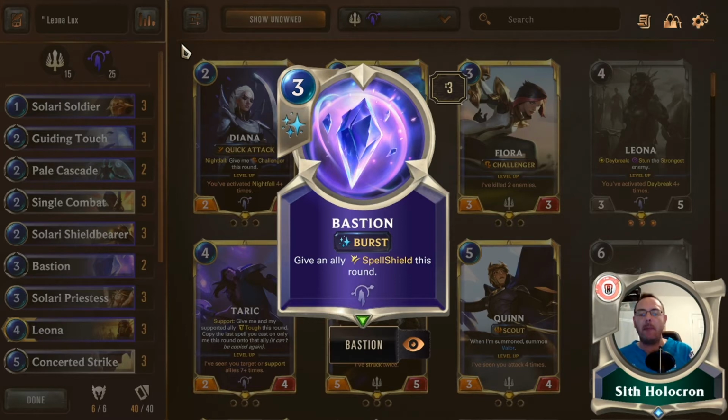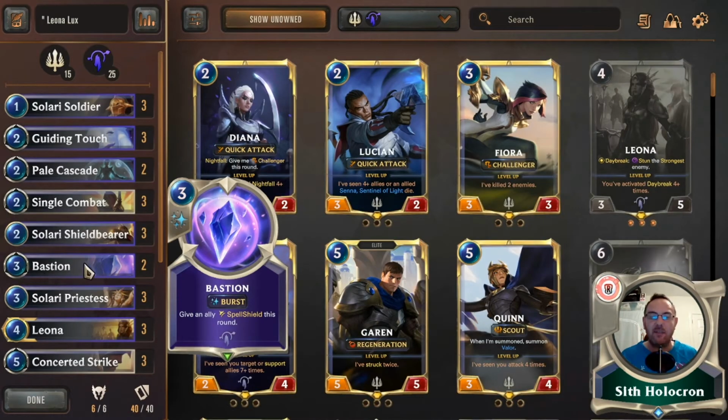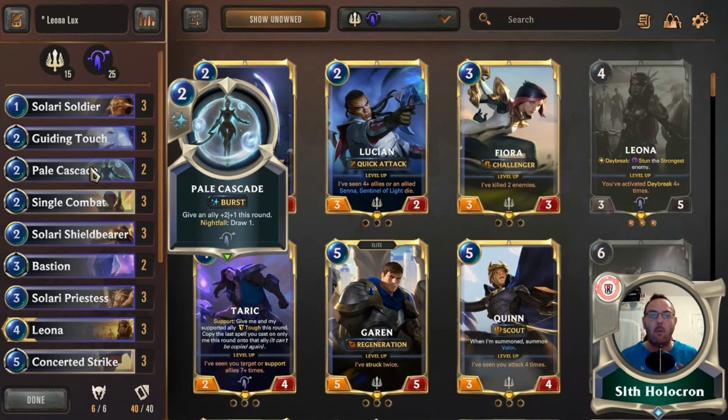Burst speed. I put a spell shield onto that, and that is not going to happen. But I don't want to be hand clogged with things that only react when spells are going off. That's why it's not 1, and that's why it's not 3. I don't want my handful of 3 Bastions doing nothing out of my hand of 5. I want 1 at a time, which is why I reduce the chances of getting it, similarly with Pale Cascade,